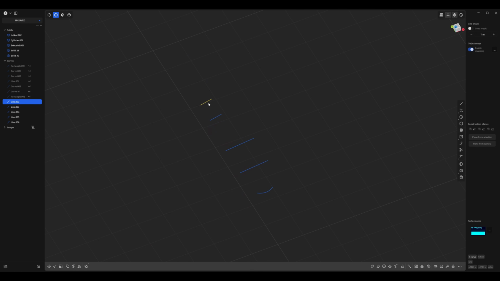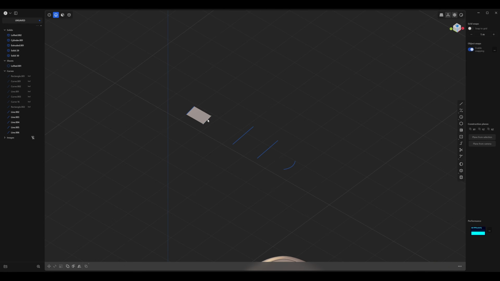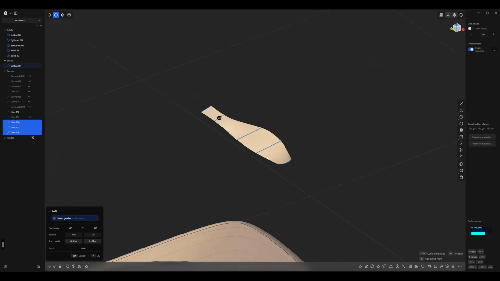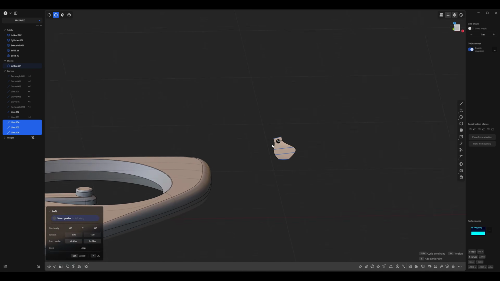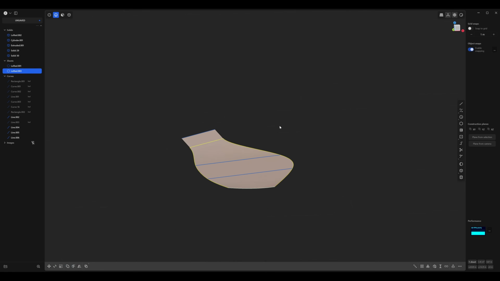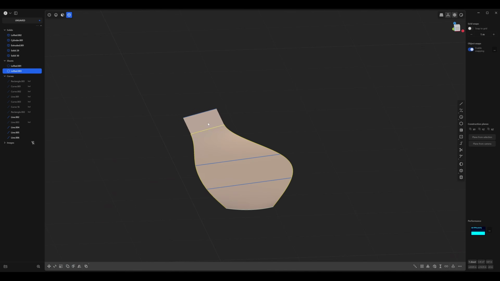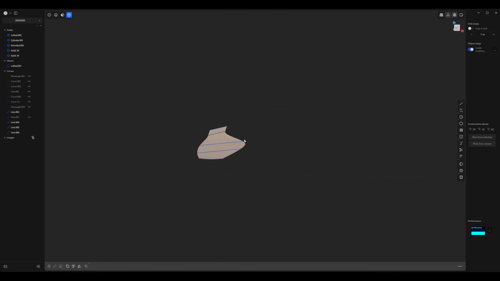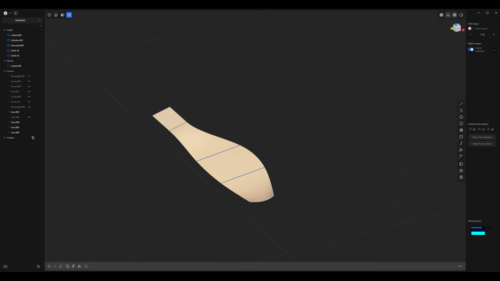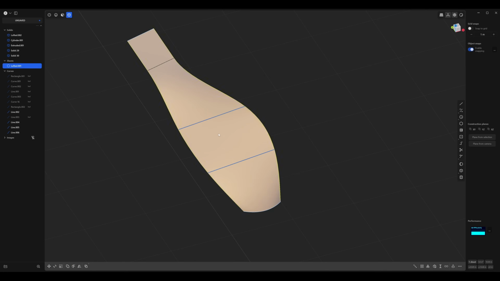Press 2, select these 2 first curves here, and press L. Go ahead and hide this one. Select this edge, and now select the remaining curves, and press L once more. You have a bit of a curvature here that will allow for lift and thrust if you were to create a real drone. And right click to accept. Now in body mode, make sure you select both that initial piece and the secondary piece and press J to join them. Great. It looks like a blade, but it does need a little bit of thickness.